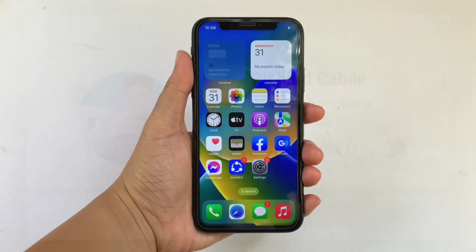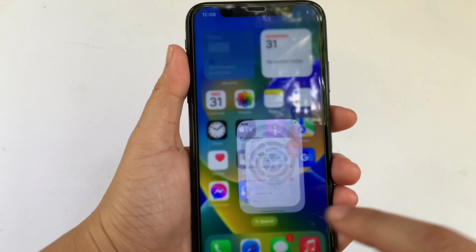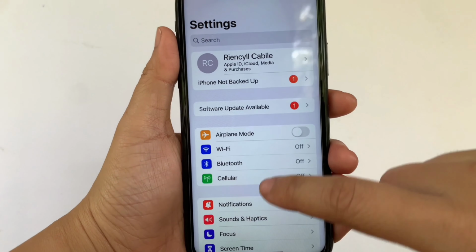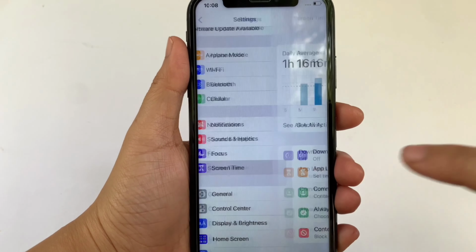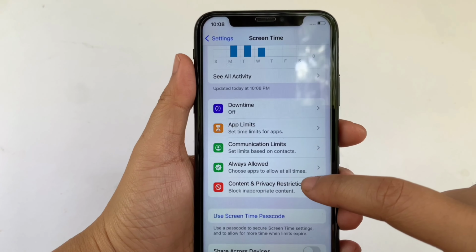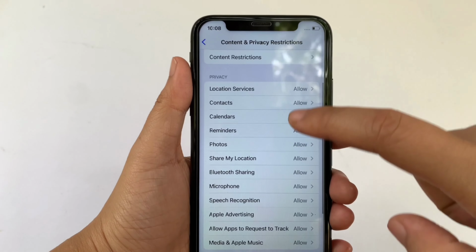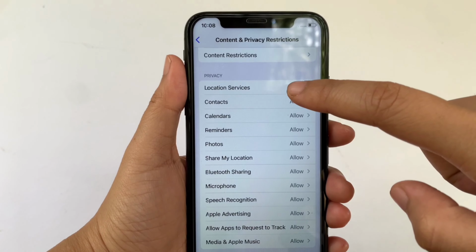And let's start. Using your iPhone X for your home screen, first go to Settings. Then in the settings, scroll down and click the Screen Time. Then in the screen time, scroll down and click the content and privacy restrictions. Then after that, in the content and privacy restrictions, scroll down and go to privacy section, then click the location